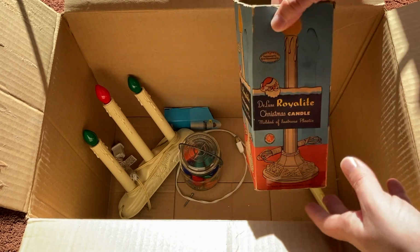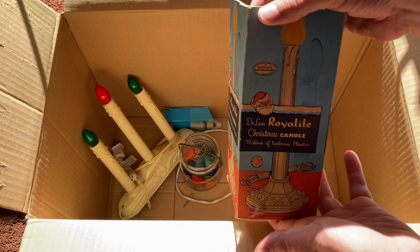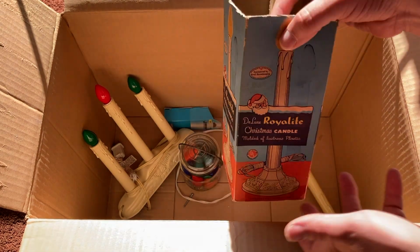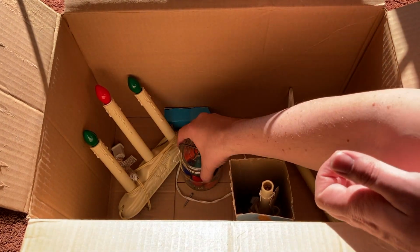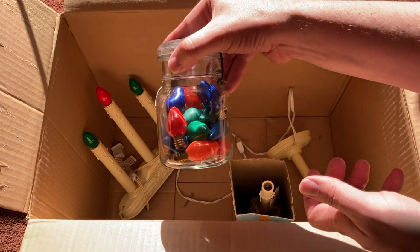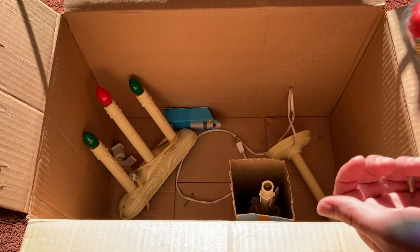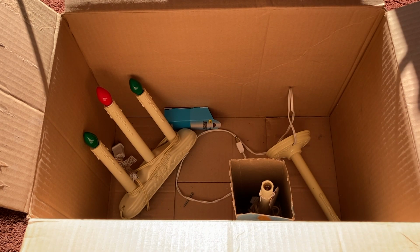So we've seen the Royal Light candle light right there, and the jar of bulbs, which is right here. And I'll be checking some of those out. I might try them out with that big light right there, see if I can get that going. And so the lights that I've had,